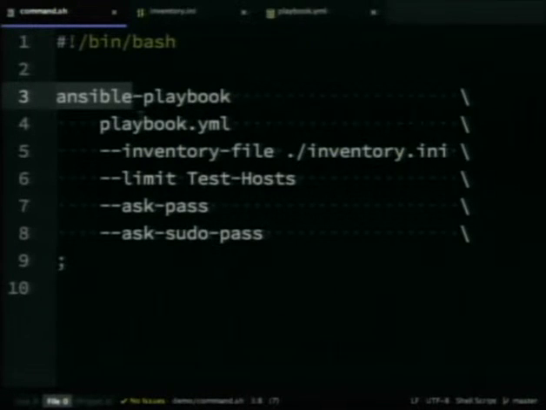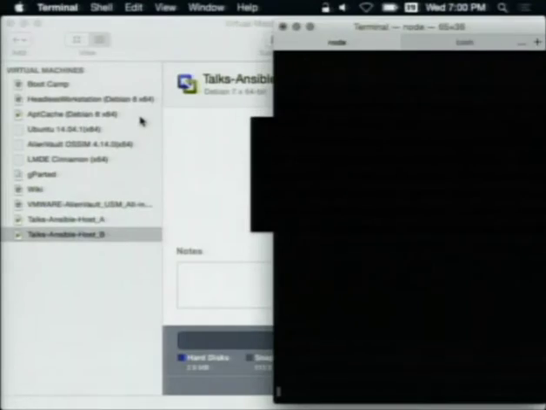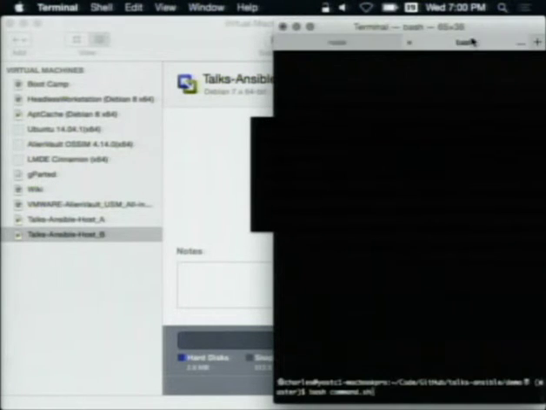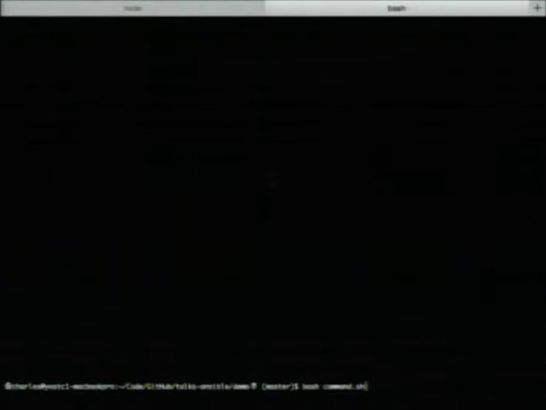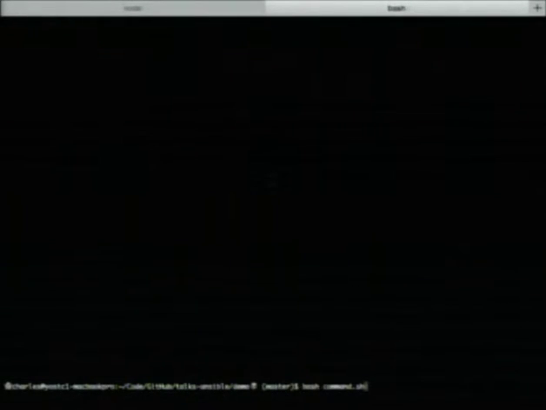So in order to see this in action, let's go ahead and start it running. So this is that same command. You can run it via the command line, but I'm running it as a script just to illustrate.